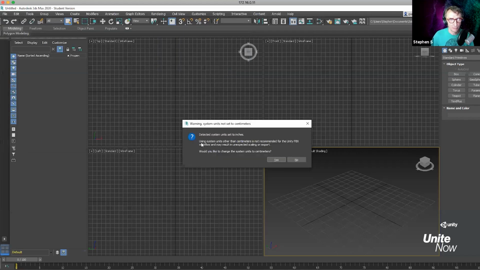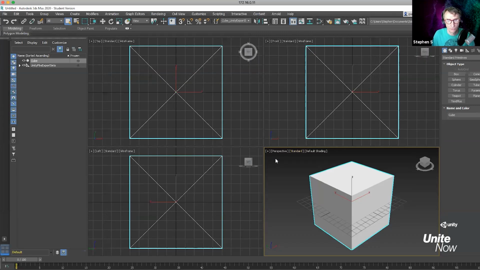I'm going to click Open, and it's going to say, like usually Unity and 3ds Max by default have different units. So it might tell you that your unit size is different unless you went into 3ds Max and changed it. So it's going to ask you, do you want to change the units to centimeters? And I'm going to say yes, because I want to keep the unit size the same. So once you click yes, I'm going to have that cube here in 3ds Max, and I can modify it. And what I'm going to do here is modify it and show you when I go back to Unity that it updates, right?